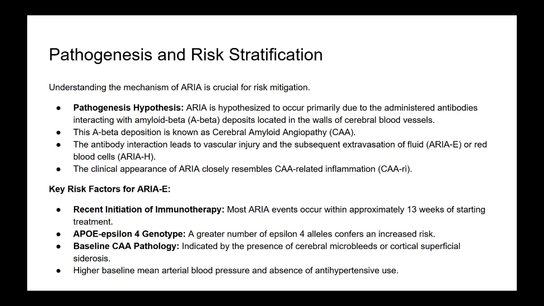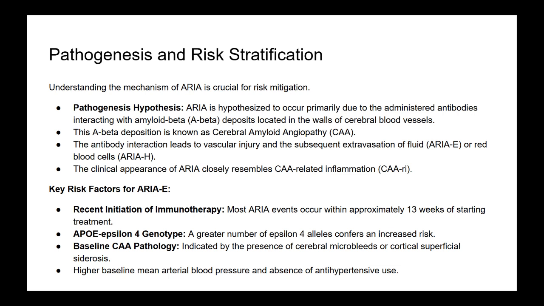Okay. Given that this risk is common and potentially serious, personalized risk stratification must be absolutely critical before starting these therapies. What determines who is most susceptible to developing severe ARIA? You're absolutely right. Risk stratification is essential. And the single strongest genetic risk factor that has been consistently identified through pharmacogenomics, PGx, studies, is the patient's APOE genotype, specifically the presence of the epsilon 4. APOE epsilon 4. That's the same gene variant that's a major risk factor for developing Alzheimer's in the first place, isn't it? Yes, it is.